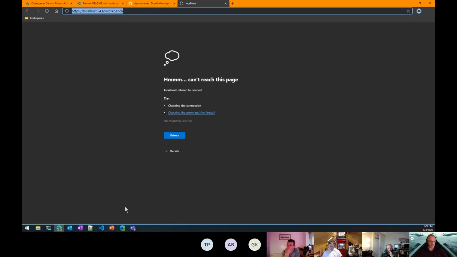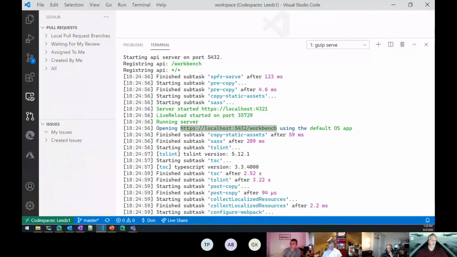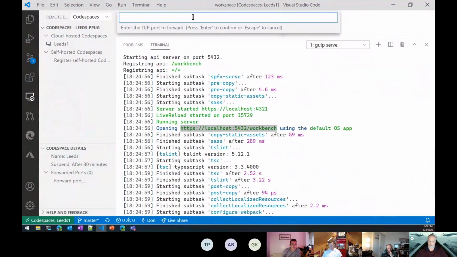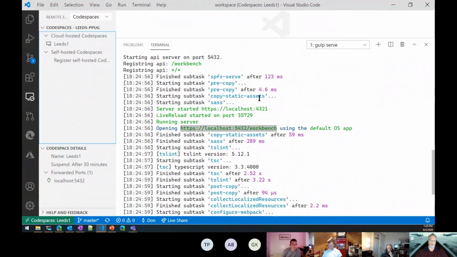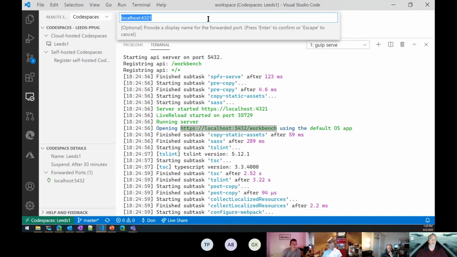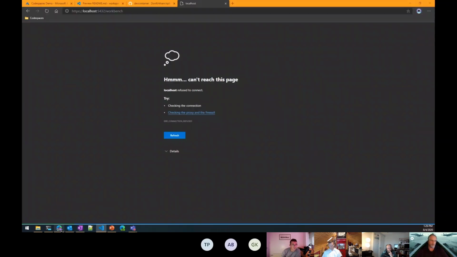This is actually up in the cloud. So the way Codespaces gets around that is through port forwarding. If we come over here to the Codespace piece, we have this option to do port forwarding. So I'm going to forward a couple of ports: 5432 is one, and then 4321. Those are the two, and you can see them both right there, that need to be forwarded just to get to this part. There are a couple others that we'll forward when we start doing the automation piece. All right, so now if I go back over into my browser and refresh,